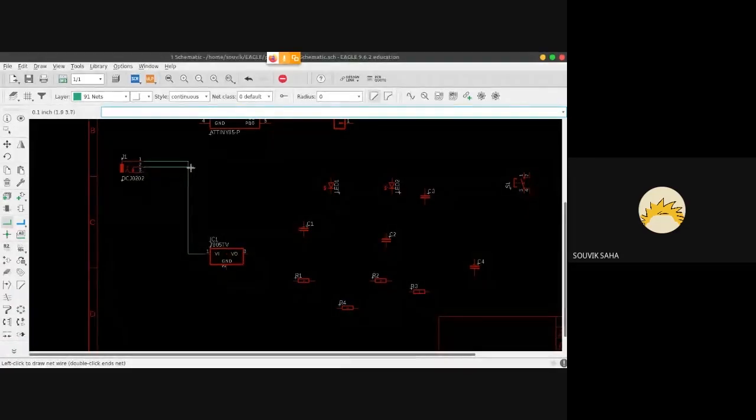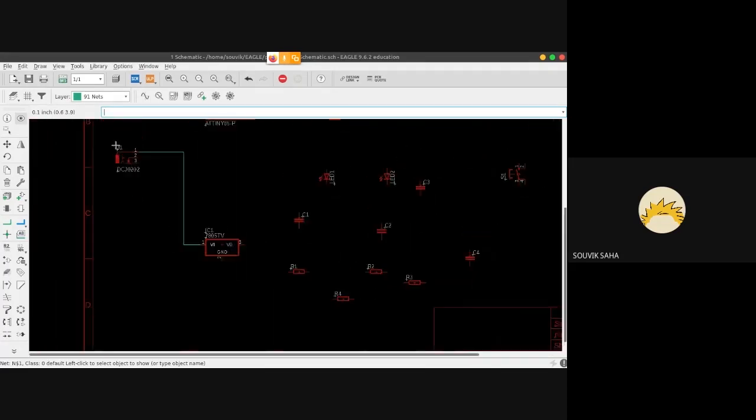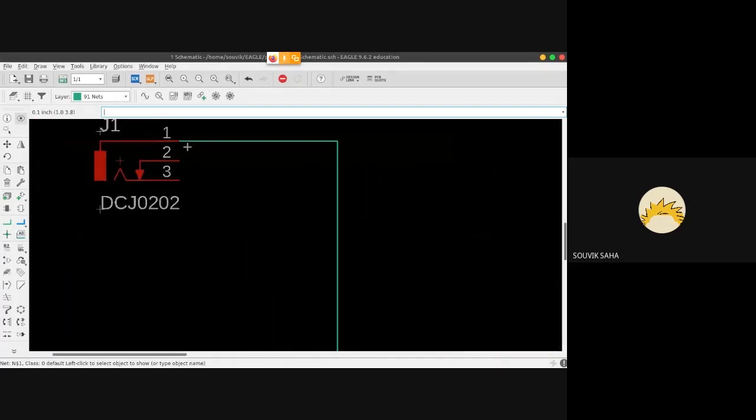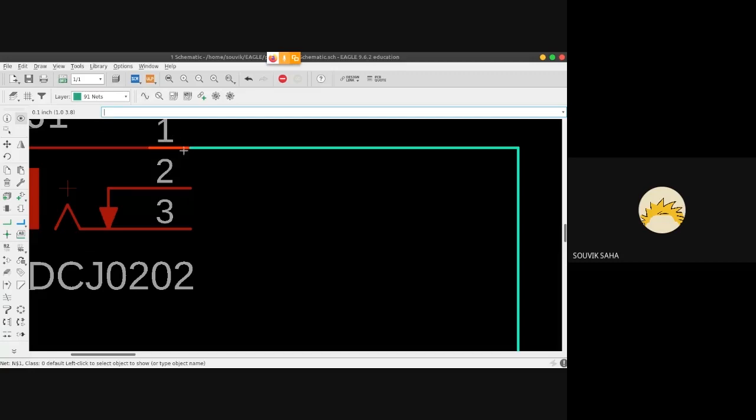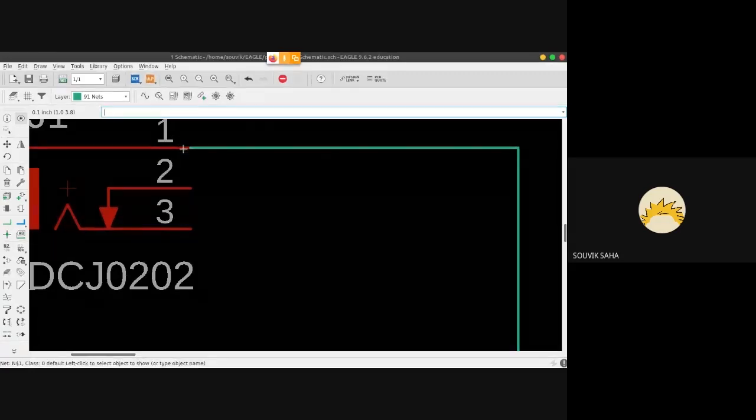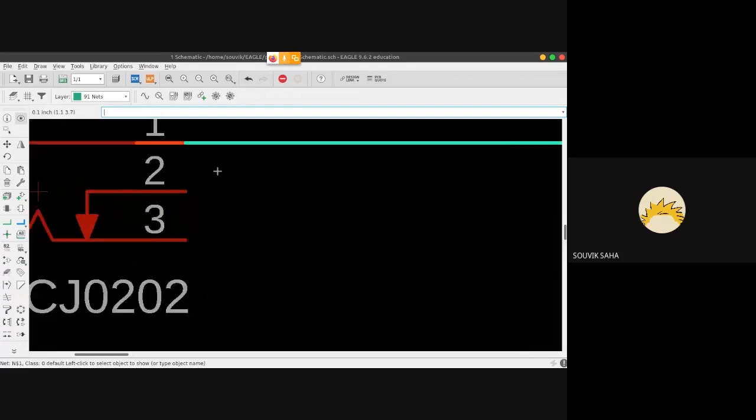Now, how do I know if a wire has been connected properly or not? There's this icon on the left called show. If I press on show and I press on that particular wire, if you zoom in very closely, you'll be able to see that whenever I click on the wire, the particular terminal gets illuminated when I click on it. So that means it's a successful connection.